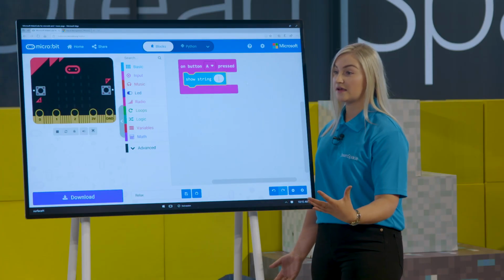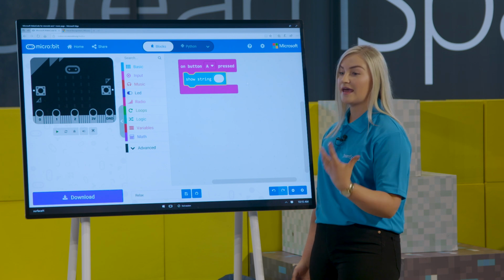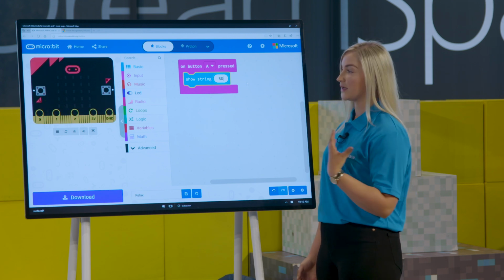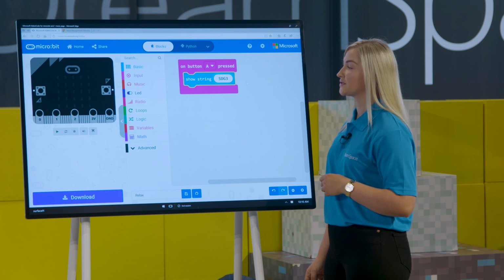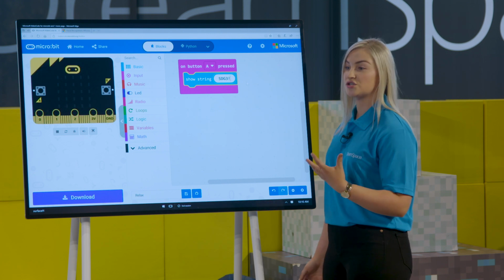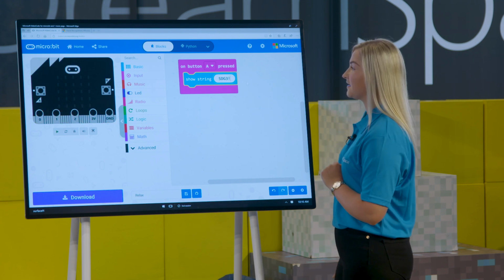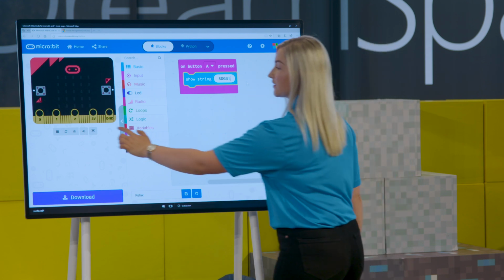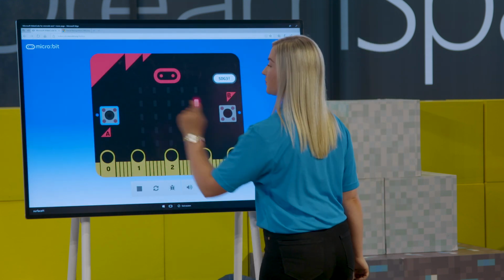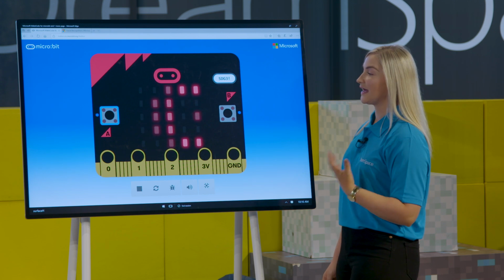Maybe because we're focusing on global goal number 3, maybe type in SDG, Sustainable Development Goal 3, and maybe put some sort of a symbol to it just to show that it's alphanumeric. Exactly. Perfect. Okay, great, so let's test that out. I'm going to go full screen and I'm going to press my button A and it's going to display SDG